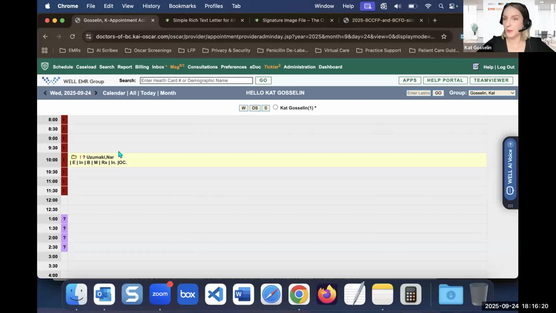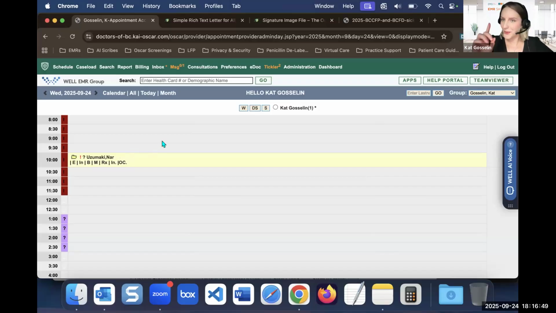OscarPro and are curious about what Smart Encounters are, at a very high level, it's OscarPro's rich text editor. So they've taken the rich text editor components and made it in OscarPro, and you are able to create templates more easily, and the user can create the templates. So what I mean by that